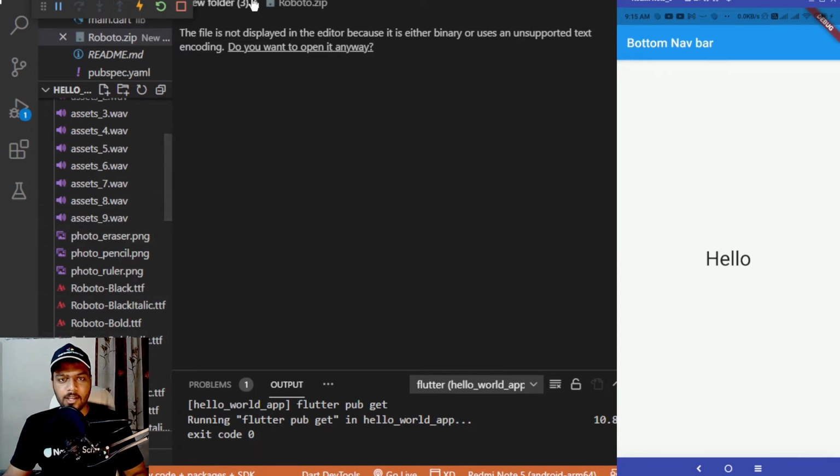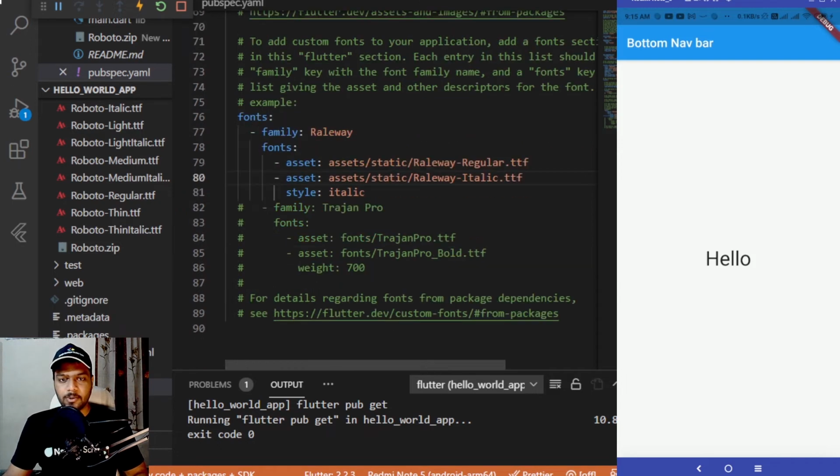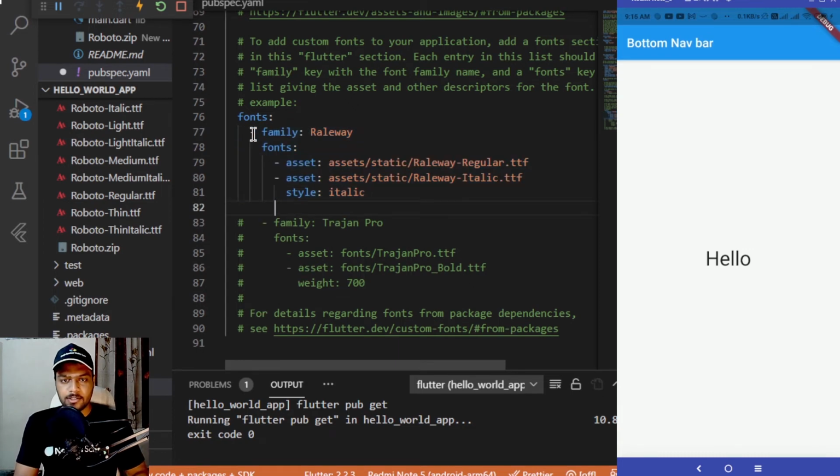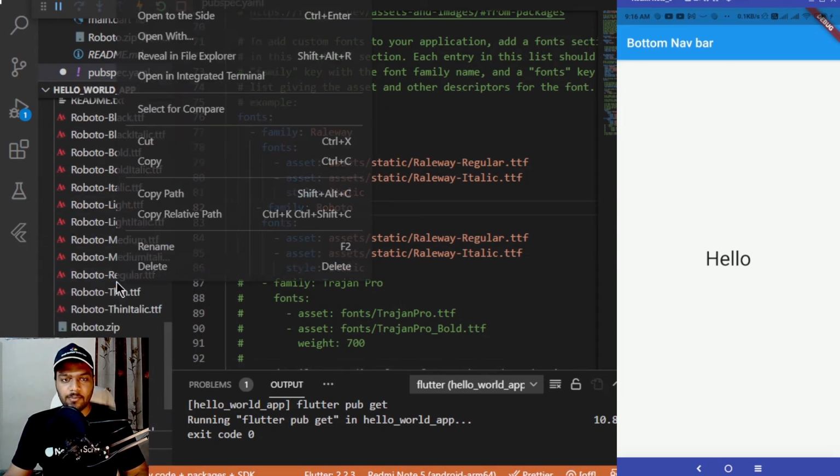the assets directory, and I need to go under the pubspec.yaml file again, and here I need to add the custom fonts for Roboto as well. So what I'll be doing is I'll be copying the family from here, and after this I'll be pasting the family thing over here, and I can specify Roboto in our case as I have downloaded Roboto. So Roboto, and for the assets or the files for this Roboto, what I can do is I can copy the regular one from here, the relative path for this.